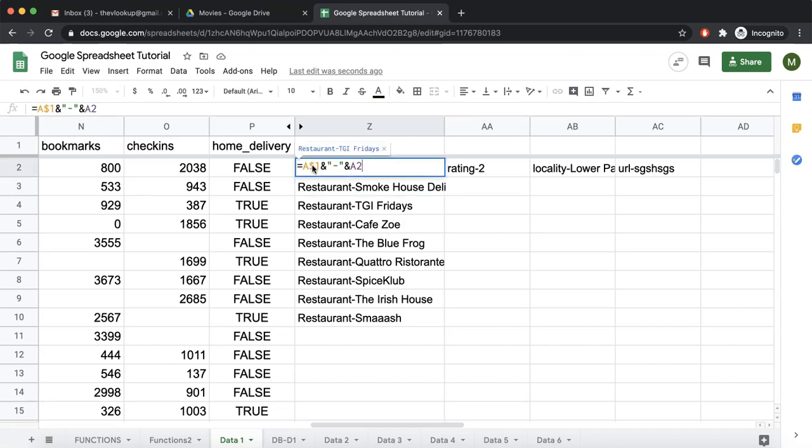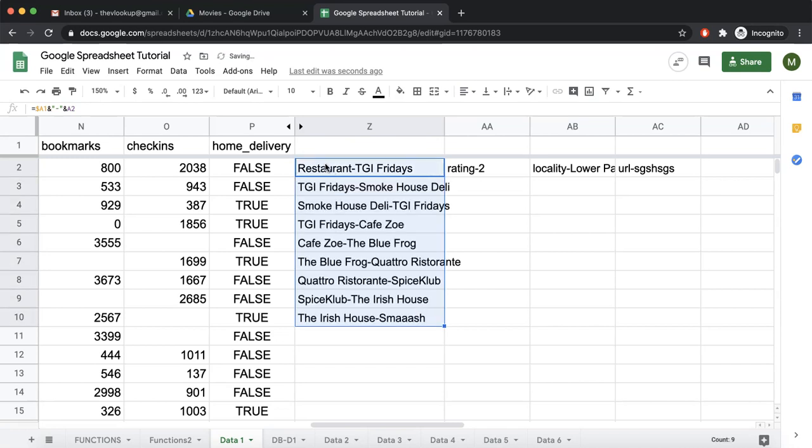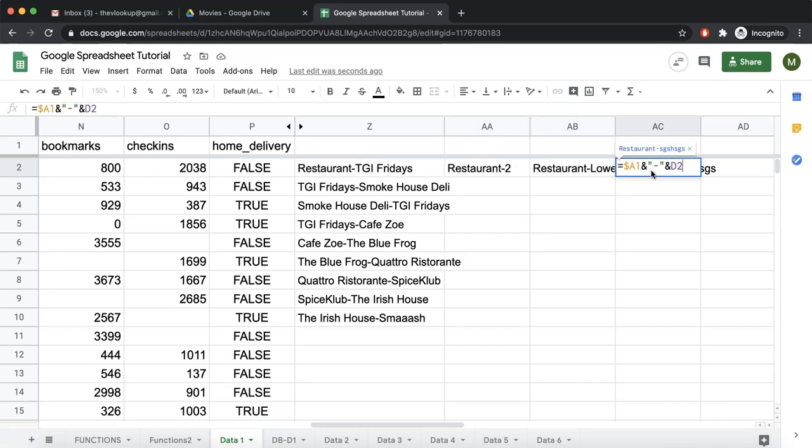We can also do it the other way around. So if I make it $A but remove the 1, now when we drag this down, it will become A1, A2, A3. But when we move this sideways, this is A1, this is still A1, this is still A1, this is still A1. Because when we move sideways, we have not changed the rows, we have only changed the columns. But the column is already locked by the $ sign, so it is anyway not going to change.